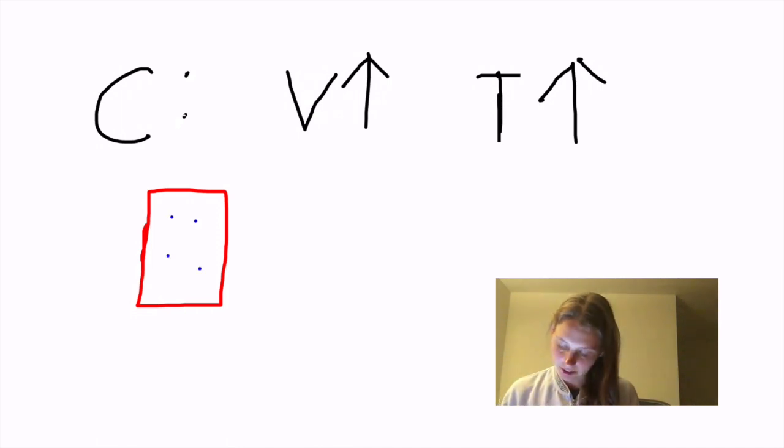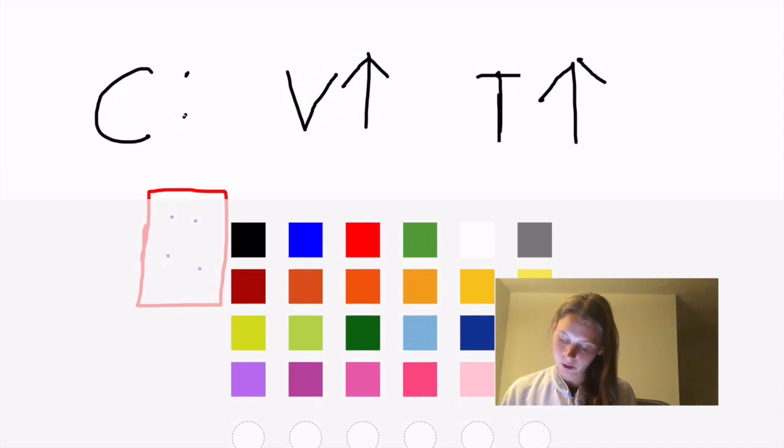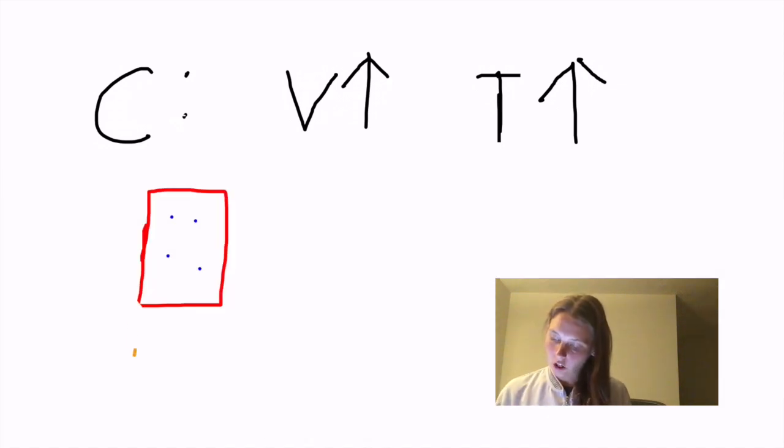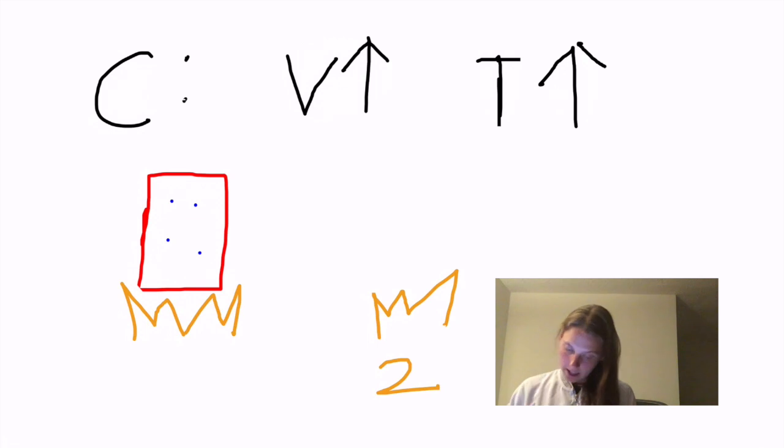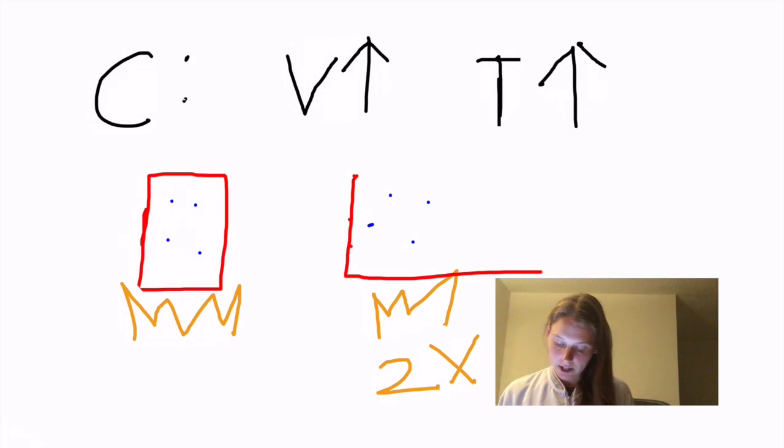So let's say we have 4 molecules inside that container, and all of a sudden the temperature increases to 2 times the temperature, and we have the same number of molecules, 1, 2, 3, 4, and we would like this gas with 4 molecules to stay at the same pressure. How do we keep it at that constant pressure? Well, we're going to have to increase the volume to 2 times the volume that we had before,